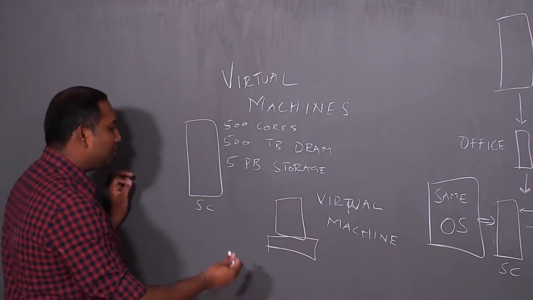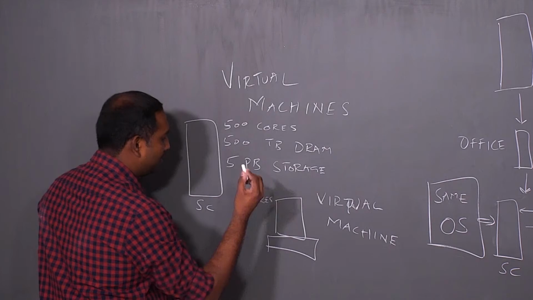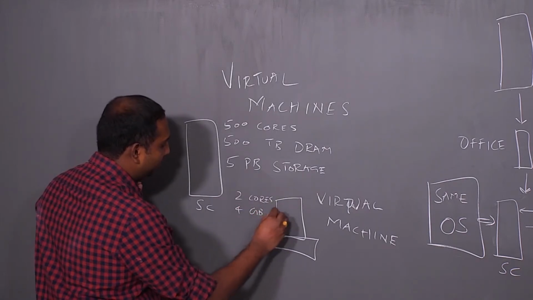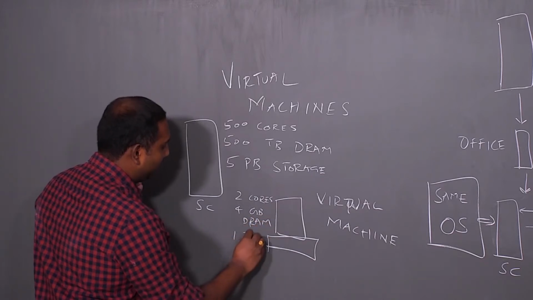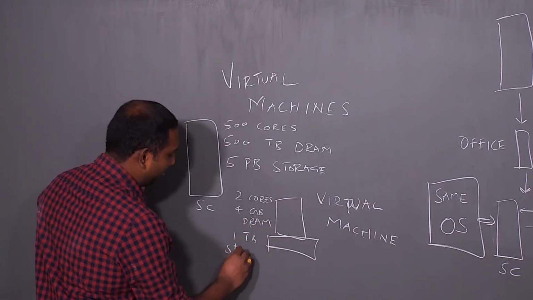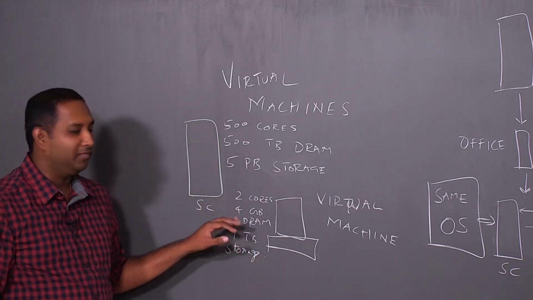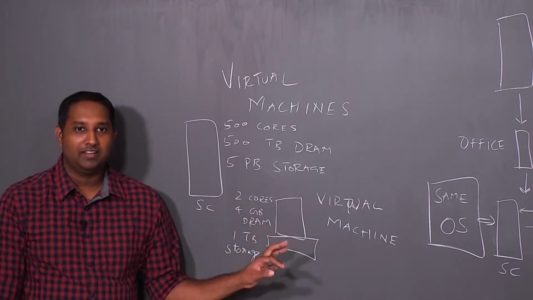Now, this can have, for example, 2 cores. It can have, let's say, 4 GB DRAM. I can have access to, let's say, 1 terabyte of storage. I'm pretty sure if we went on Amazon, we could find a virtual machine with these exact specs, the T3 Nano or something like that, right? So